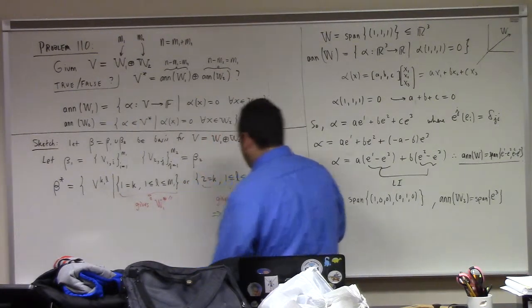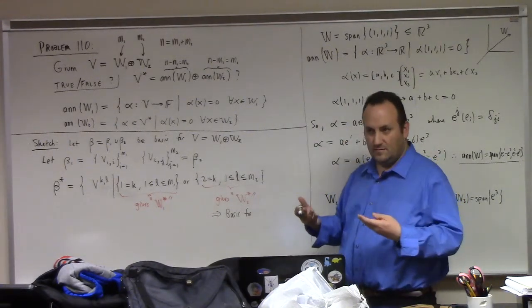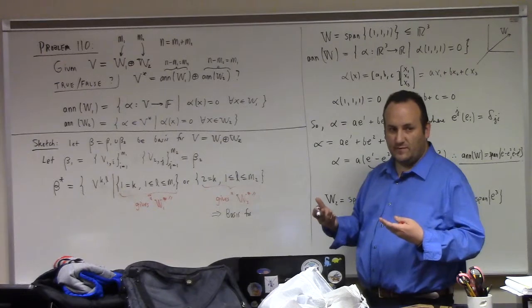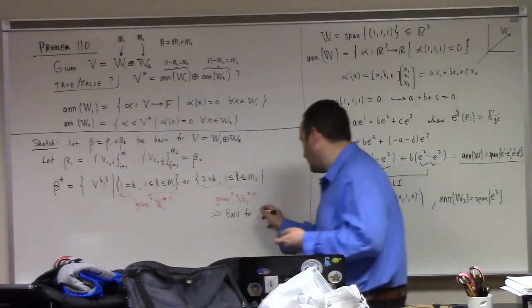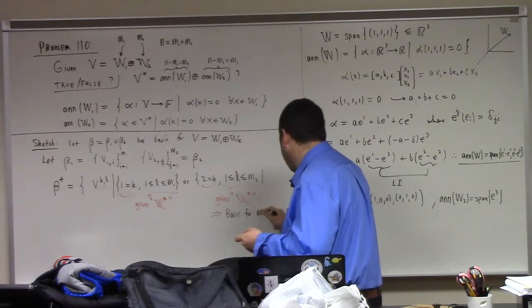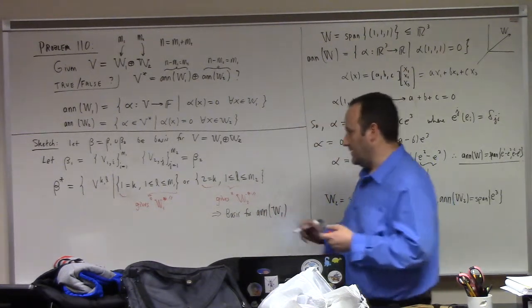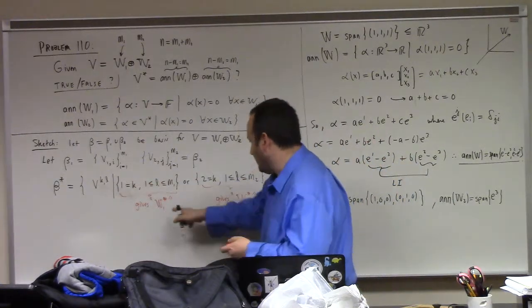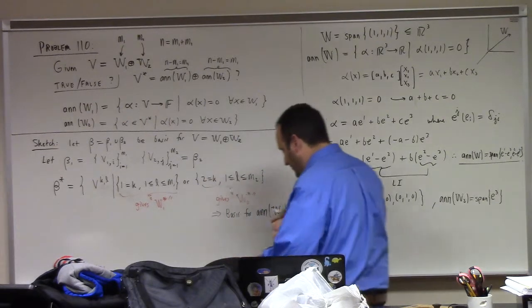The annihilator of W1 is supposed to kill everything in W1, right? Which means it's only non-trivial in W2. It stands to reason that this must be the basis for the annihilator of W1. And the ones of these that correspond to this case must be giving us the basis for